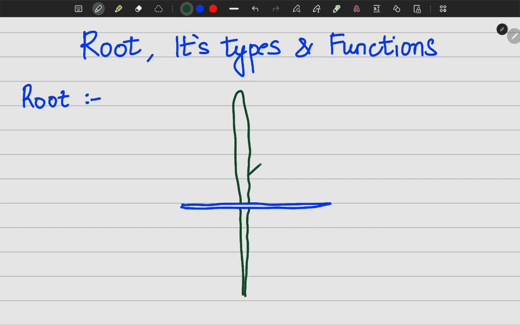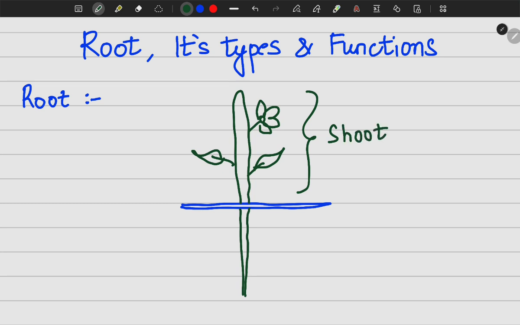The part which is above the soil has leaves and flowers and fruits, and this part which is above the soil is called shoot or the shoot system, and the part which is below the soil is called the root system or the root. So we can say that the underground part of the plant is a root. I hope it's clear. Now let us move on